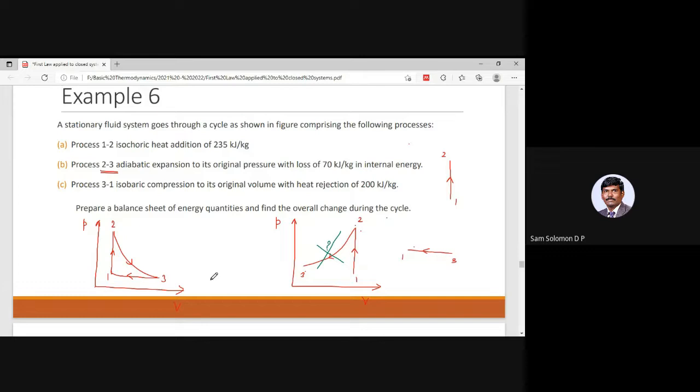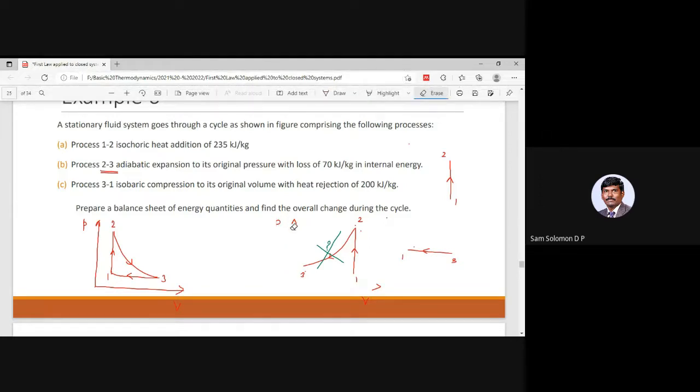Is that clear? Just because your friends have shared it, most of you have drawn it, but you have to practice this a lot on your own. If you take Mahesh M. Rathur or some other standard textbook, you can see similar kind of problems where the processes are given and they ask you to draw the PV diagram. You can try them and see if you are able to draw the PV diagram properly. Okay. So now that we have drawn this PV diagram, let's see what they are asking us to solve in this particular problem.